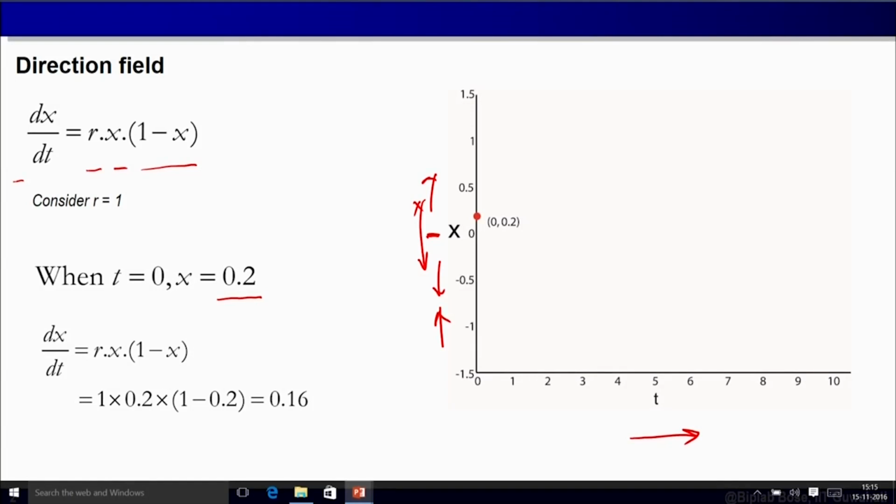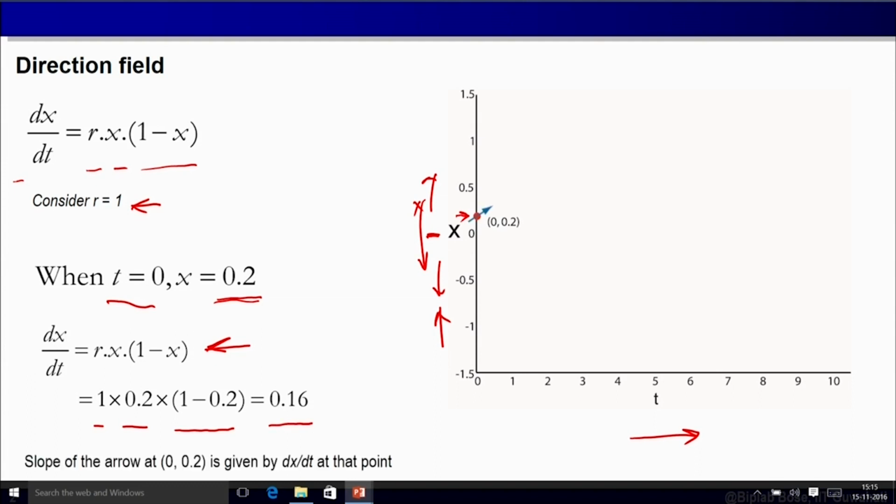If I take the point t equal to 0, x equal to 0.2 and show it in this plotting region, that will be this red dot. Now let us calculate dx/dt at that time point and at that value of x. dx/dt is equal to r into x into 1 minus x. I have already written r equal to 1. So put r equal to 1 into 0.2 into 1 minus 0.2, that is 0.8, and the multiplication gives you 0.16. Now at that red dot in my plot, let us draw a blue arrow that I have shown here,